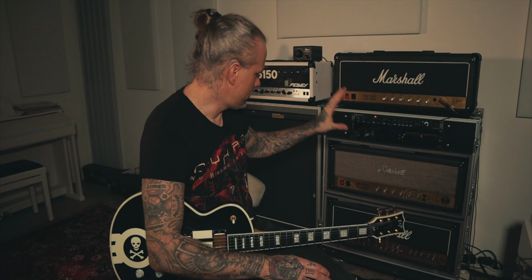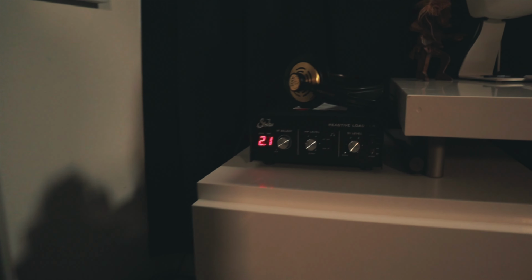Sorry to interrupt. I forgot to say that the signal goes from the speaker out to the reactive load, where I have Jens Bogren's Valovirta impulse response from his Bleed and Clean pack. Okay, now back to the...